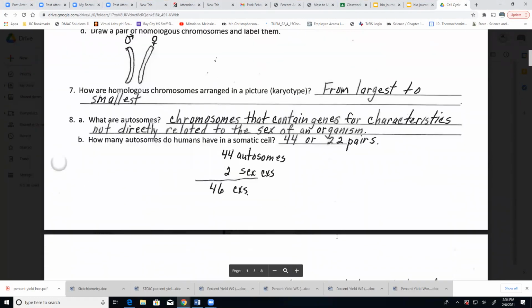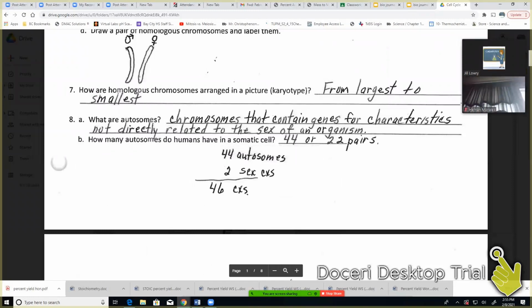So there's a thing called karyotype. If you like to watch crime movies and they get the DNA, and then maybe you see they have a printout of the DNA, it's printed out in what's called a karyotype. And that's just where they line up all of the chromosome pairs. So 23 pairs give you a total of 46.